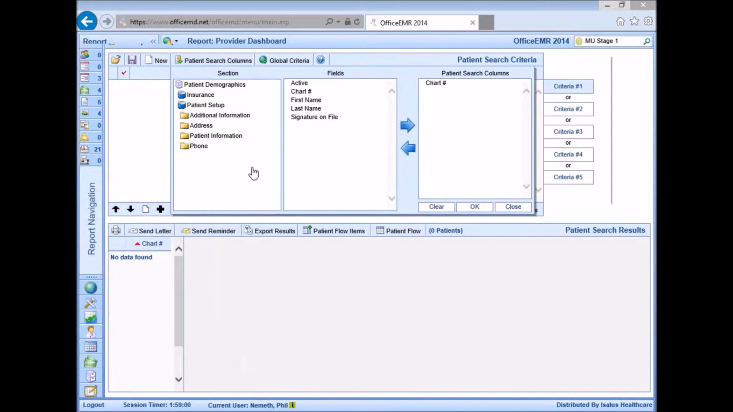Okay? So what this is basically doing is it's allowing us to pick and choose which fields from the patient demographics window in the system, what information from there we want to see in the results. By default, our system is going to automatically pull in every patient's chart number into the results. If you also want to see every patient's first and last name, for example, you want to click on first and last name and then select this blue arrow pointing to the right to add those to our patient search